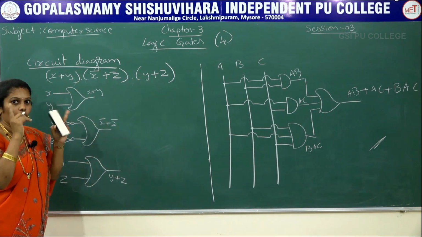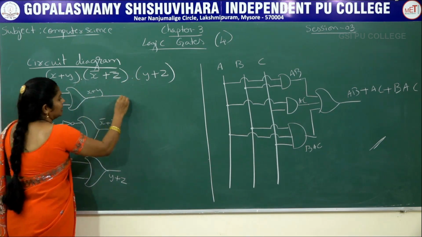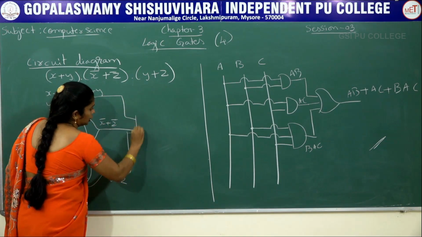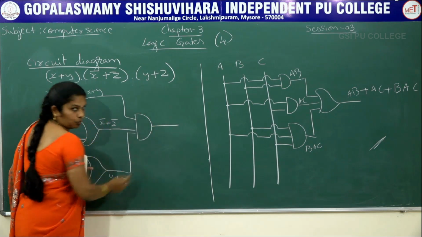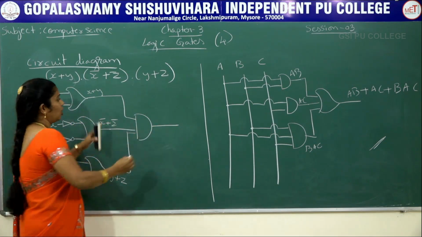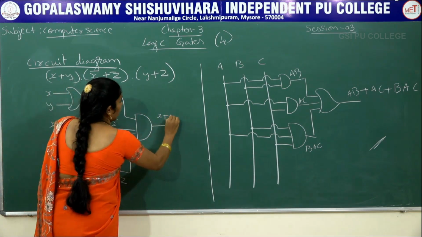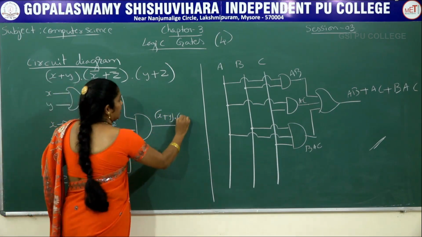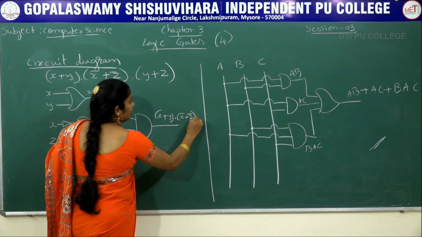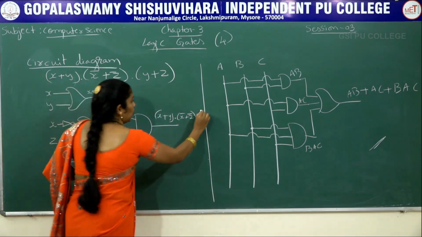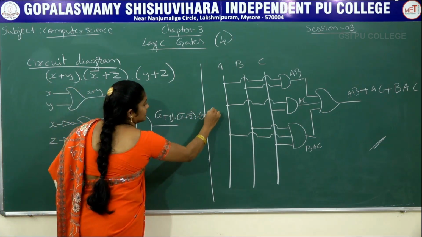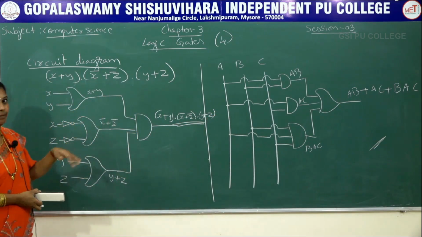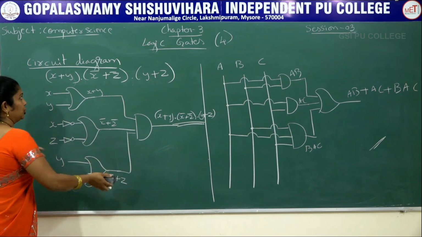Keep in mind the dot operator, you have to use a D shape. Then connect this with a D shape. Here D shape. Then output. Here then what is the final output? X plus y. First part here D shape. That's why I write one dot. Then x bar plus z bar dot. Last one y plus z. Like this pattern you can write the circuit diagram for the given expression.